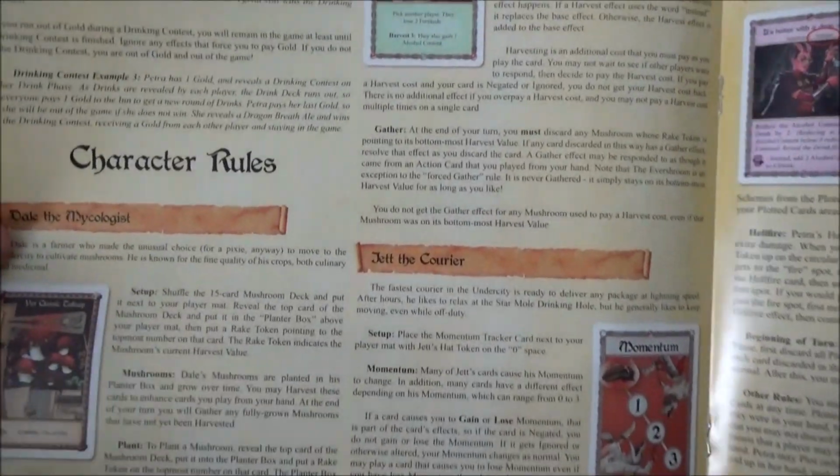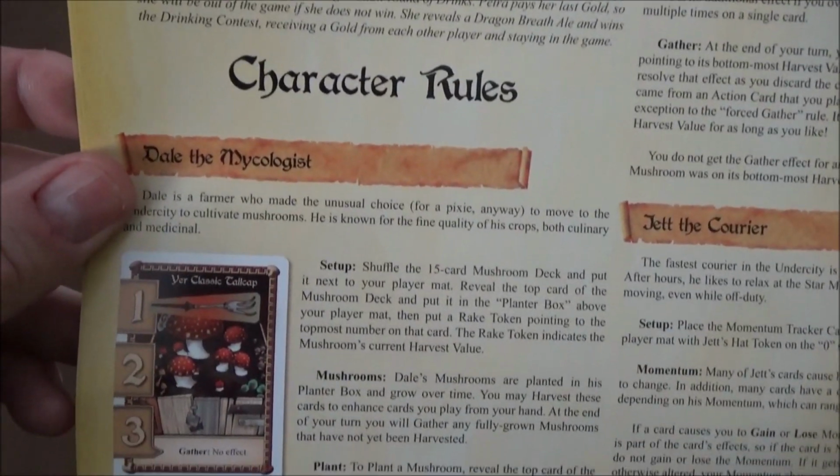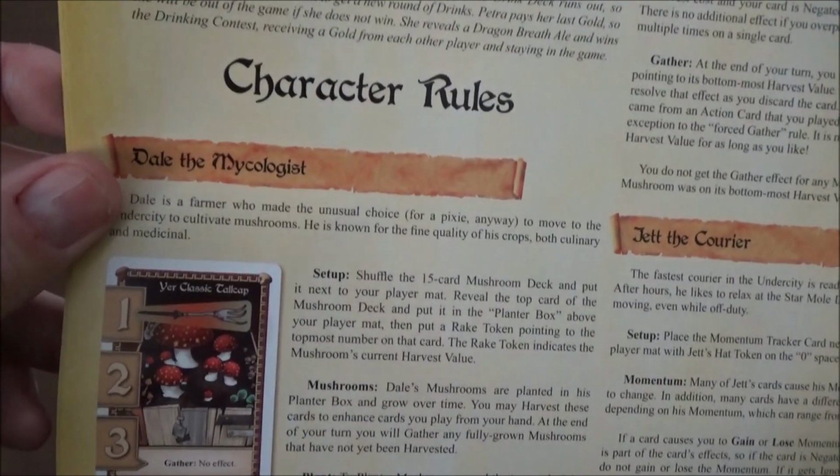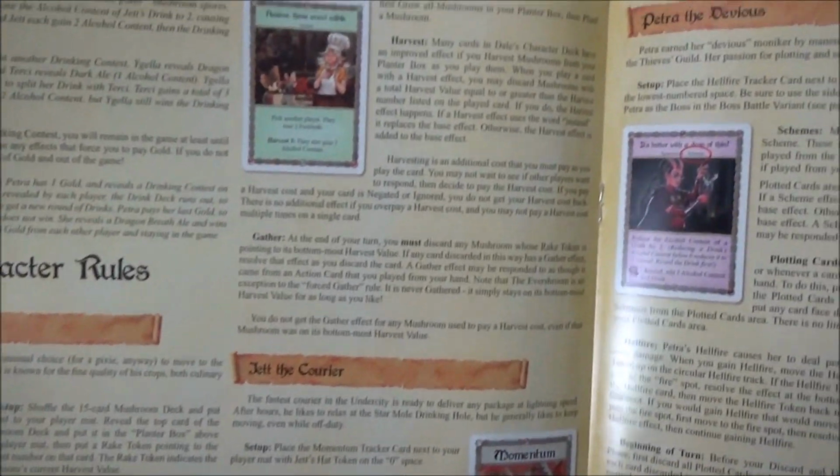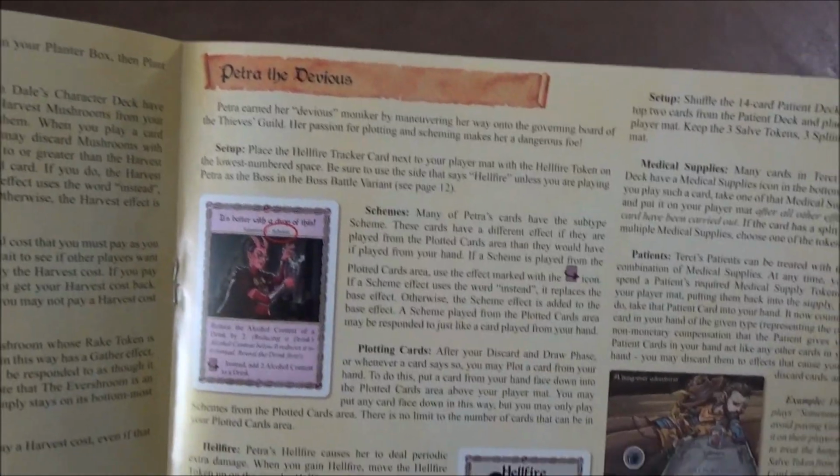And then we get on to our individual characters. There are 5 new characters in this expansion, so each one has a small section in here explaining their unique mechanics and how to play them. I also did notice